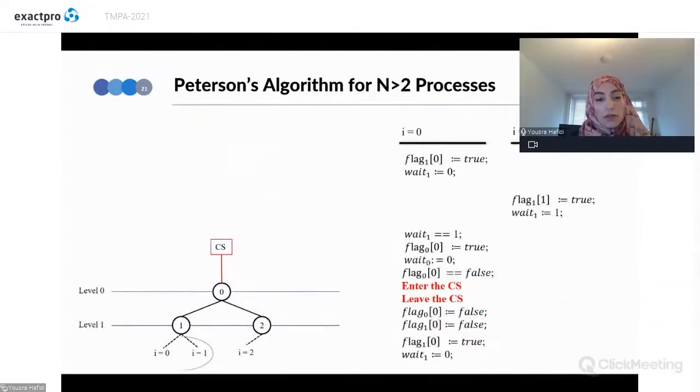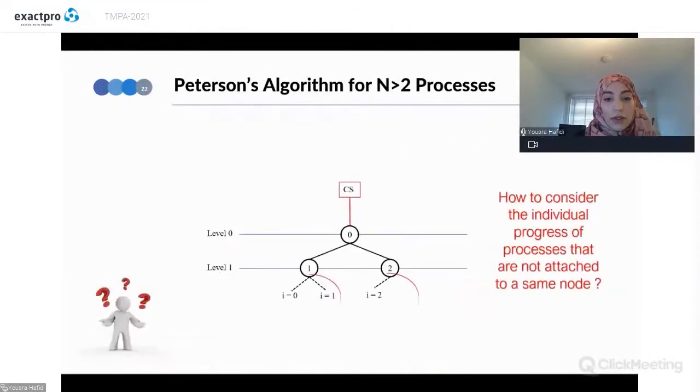So for the version of 2 processes, this property is verified, and the version of 2 processes is executed in every node. So for processes that are attached to a same node, this problem will not appear. But yeah, in this case, we can say that Peterson's algorithm preserves the individual progress of processes that are attached to a same node. But the issue is how to consider the individual progress of processes that are not attached